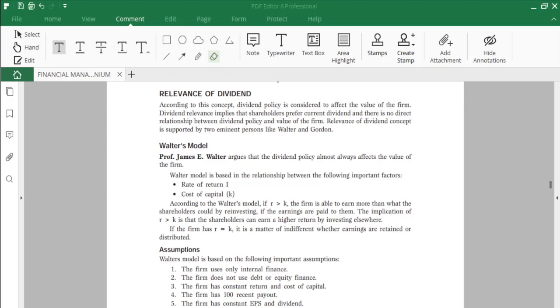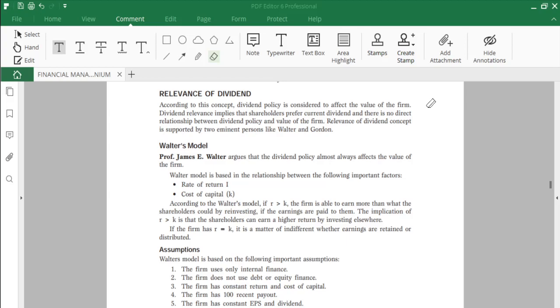Now, the question arises: is it really compulsory for every firm to distribute dividend? No. Dividend payment or the distribution of dividend is not a statutory obligation. But if you declare or distribute dividend, it is a return to the shareholders who have invested their money in your business. In my last classes we covered that when we study the dividend decision, we have to keep in mind three important things.